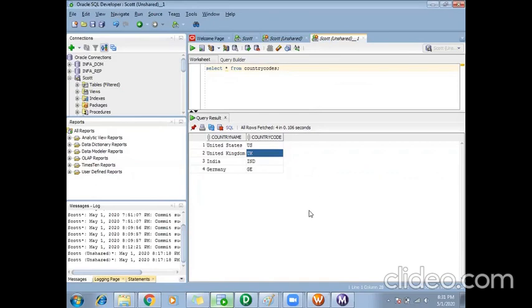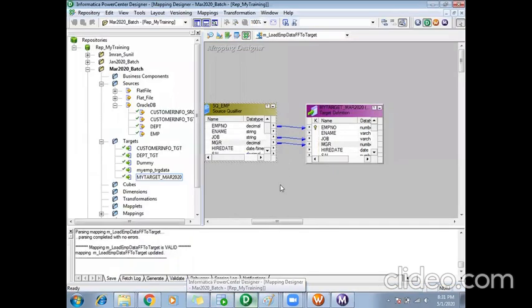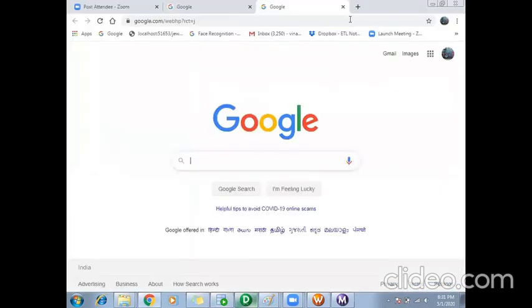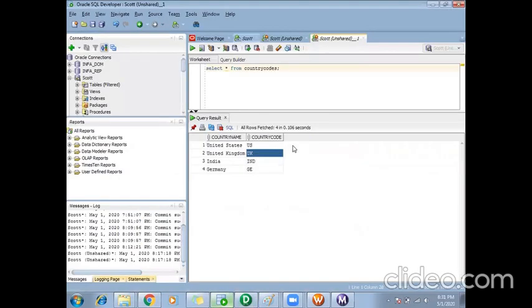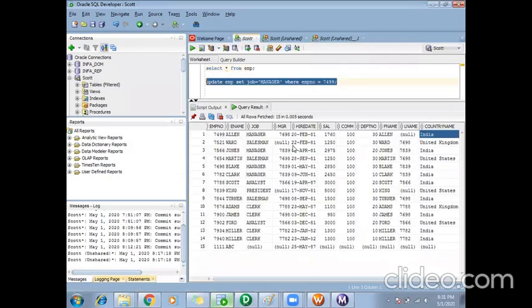Okay, so we'll see a simple example for this. Hope you guys understood when we'll go for lookup transformation. Whenever I want to do a lookup on a table or a file, then I'll use a lookup transformation. So in my case now, based on country name, I need to do a lookup on the country codes table and get the country code value.